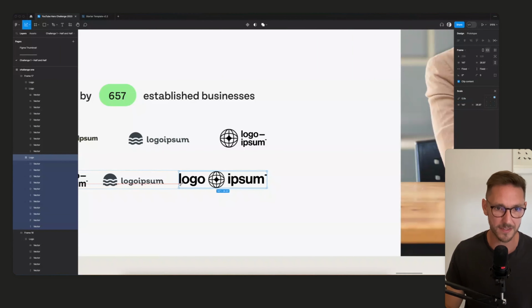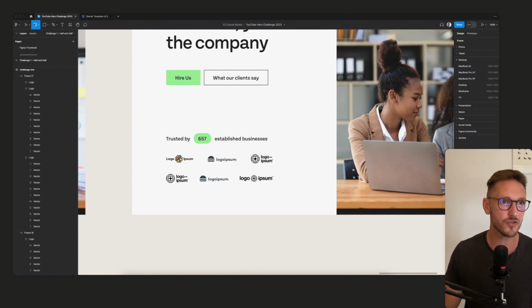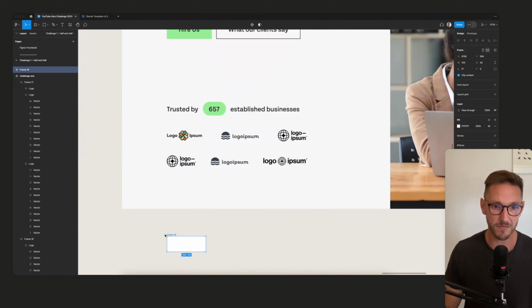So I'm going to grab K, my scale tool. Now, if we were doing this properly, what we want to be doing is creating a frame for each logo. And we'd say it was like that size. We would set a size, maybe we'd go 100 by, let's do something divisible by 4, right? It's 104 by 40.